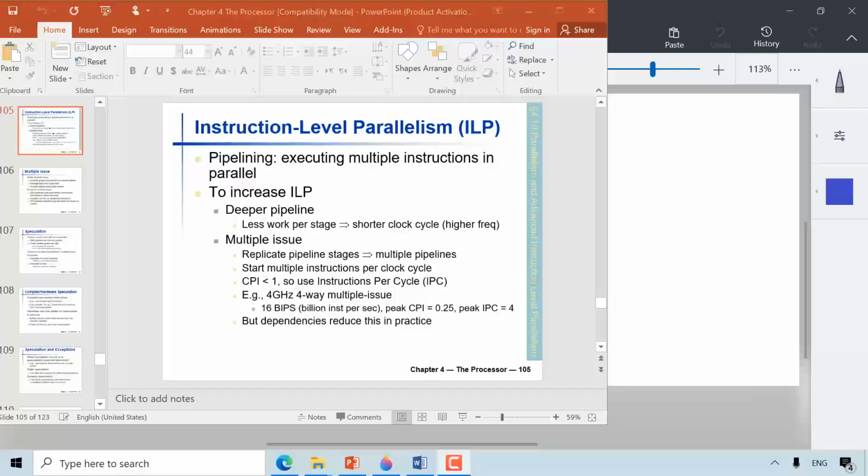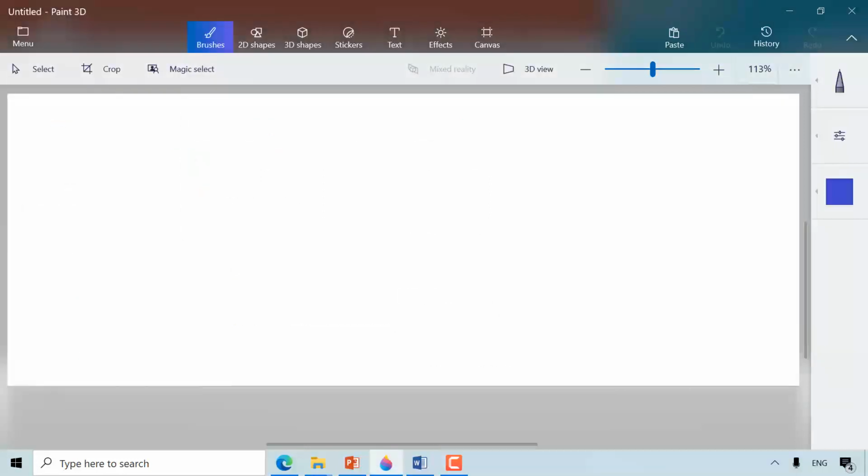Hi, we are continuing the discussion in chapter 4 for the pipeline design, and we are moving to the topic of instruction level parallelism. And before we get into that, let's give a quick introduction. Basically, we started this chapter with scalar non-pipeline processors, and this has helped designing processors for some time. Then people moved into pipeline processors,